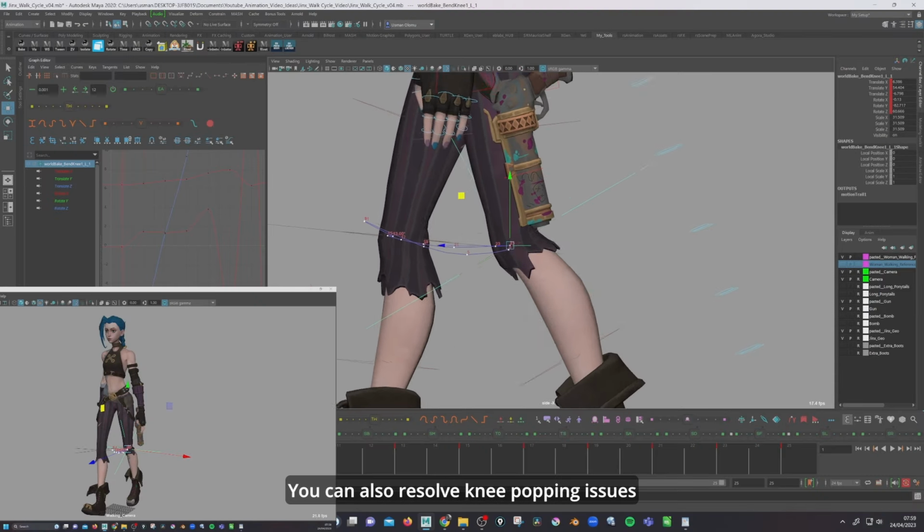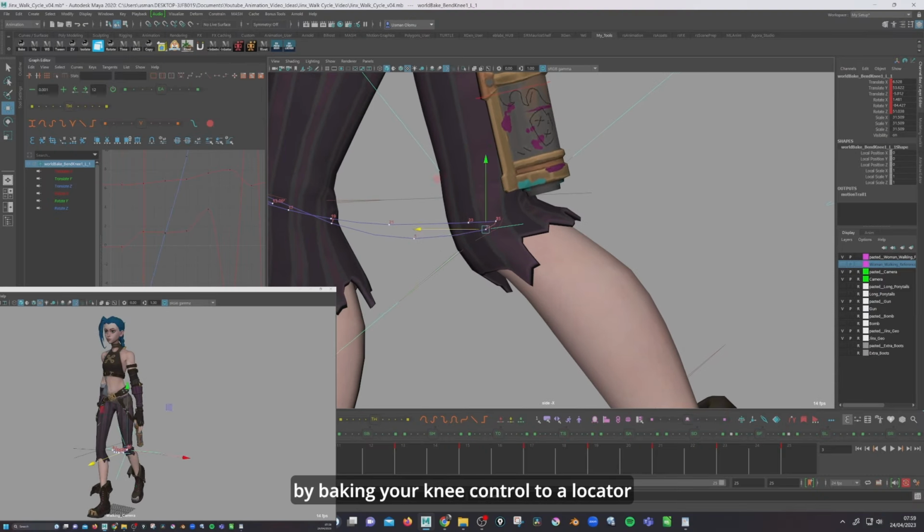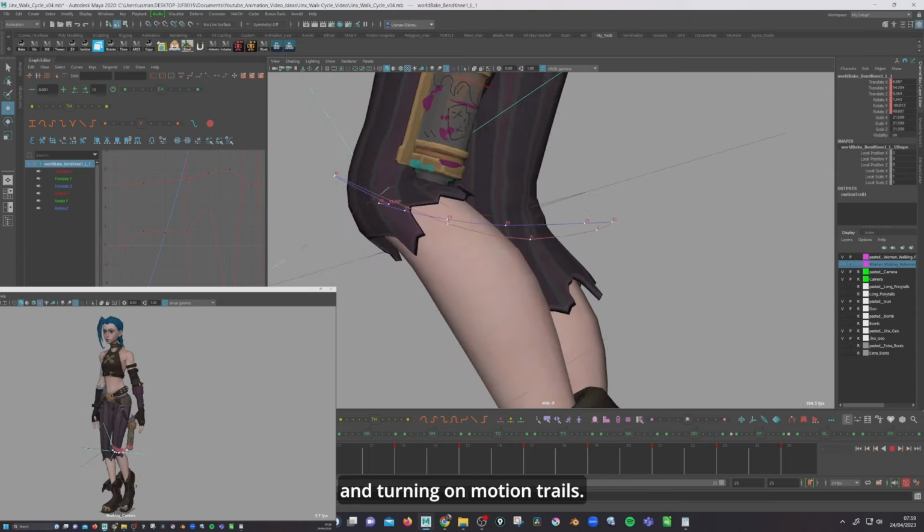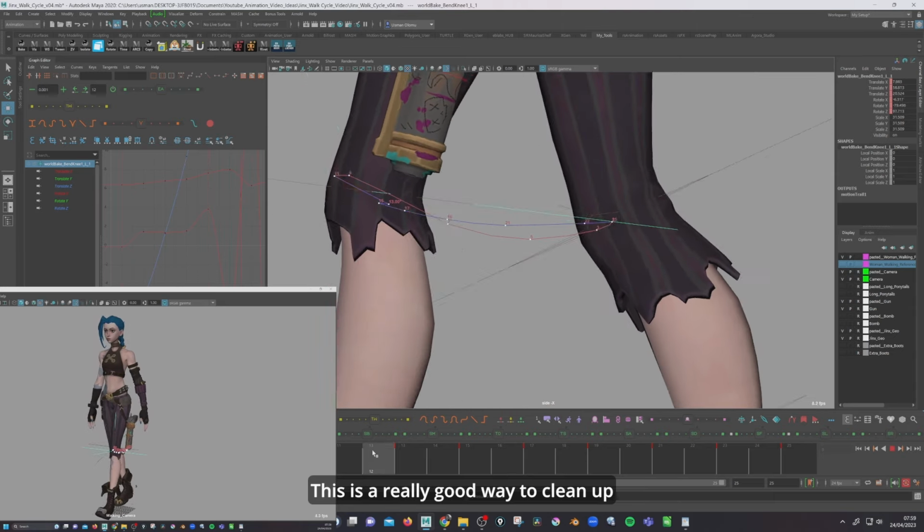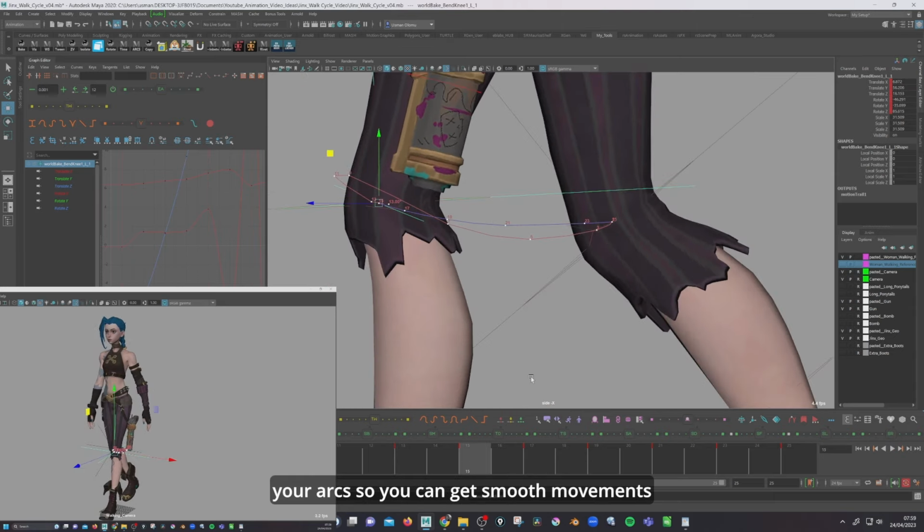Avoiding knee popping. You can also resolve knee popping issues by baking your knee control to a locator and turning on motion trails. This is a really good way to clean up your arcs so you can get smooth movements in your knees